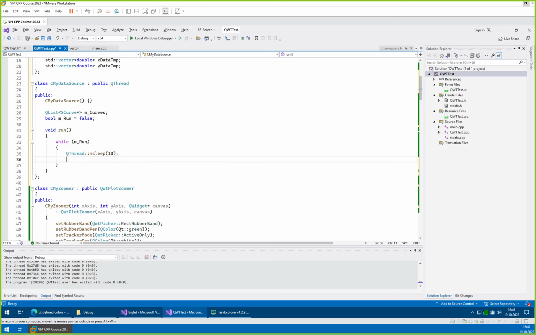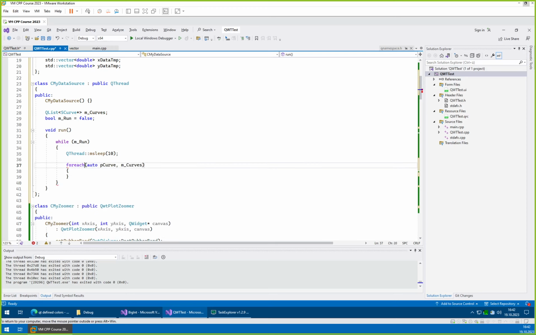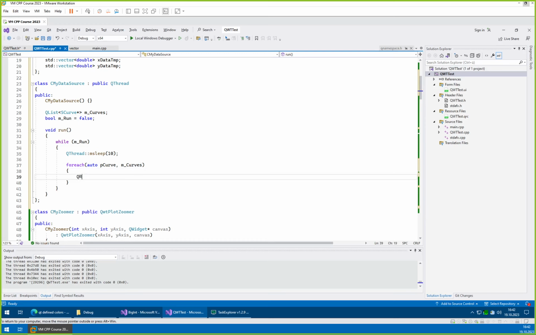Okay, so we have our sleep here, and now we can do something. So we have our own list, so we can access it at any time. So for each pCurve in curves,